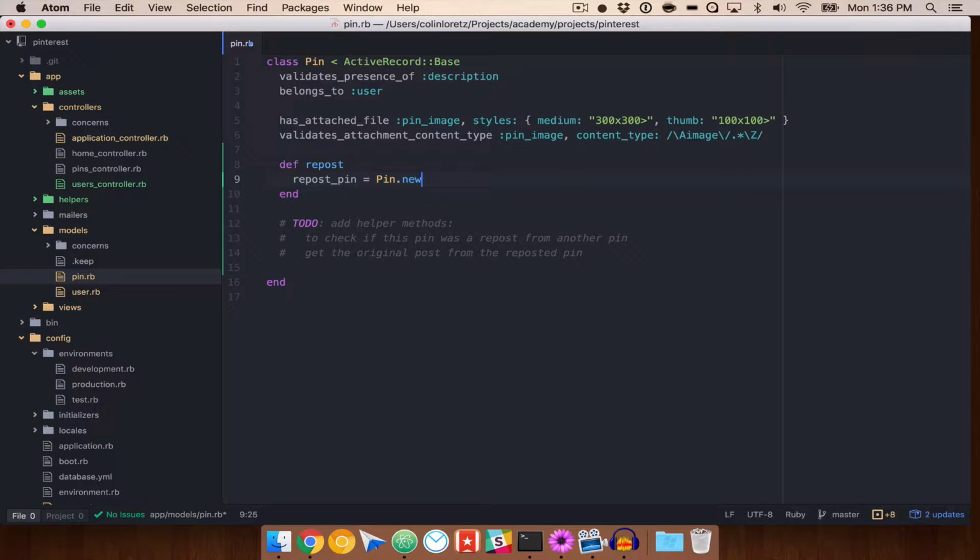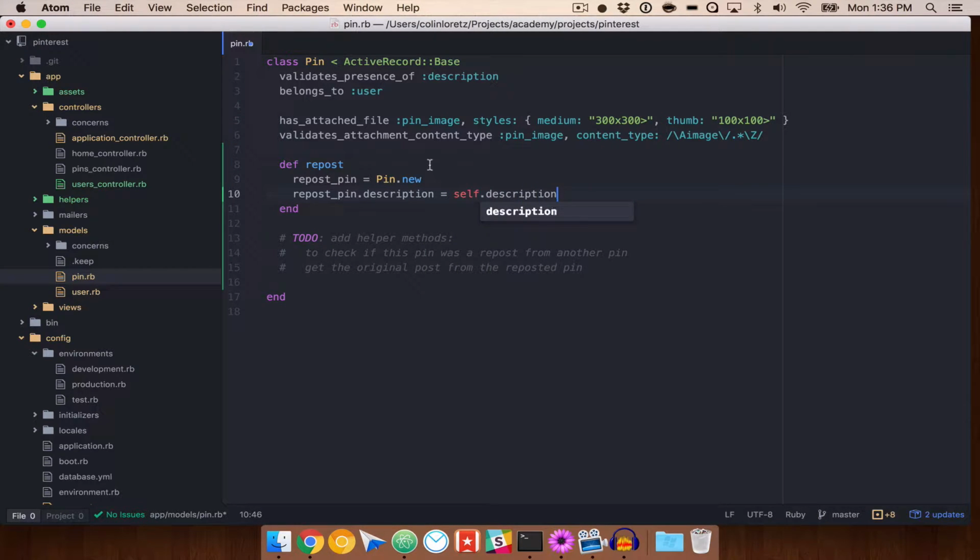And then you would have to fill in every single detail of repost pin dot description equals self dot description. So when this gets called of pin dot repost, this is self. So this description is self dot description is going to get put into our new description. However, we don't need to do all of this, so we can just do